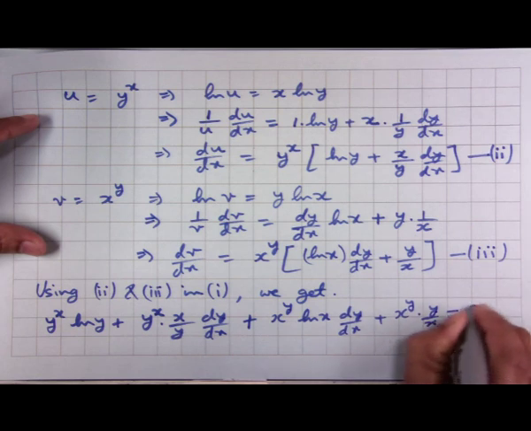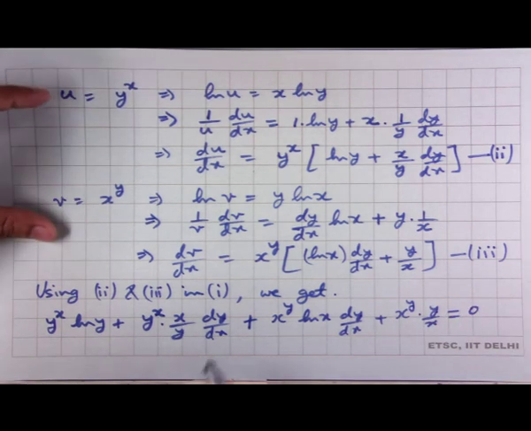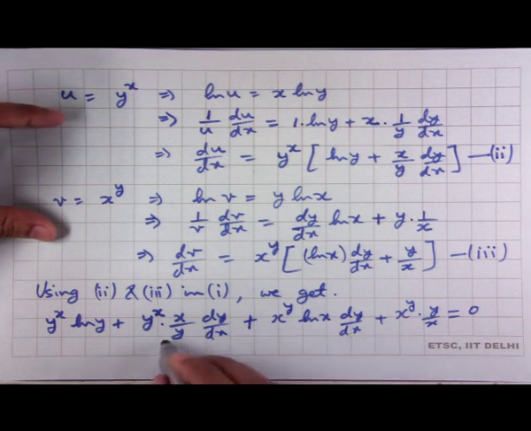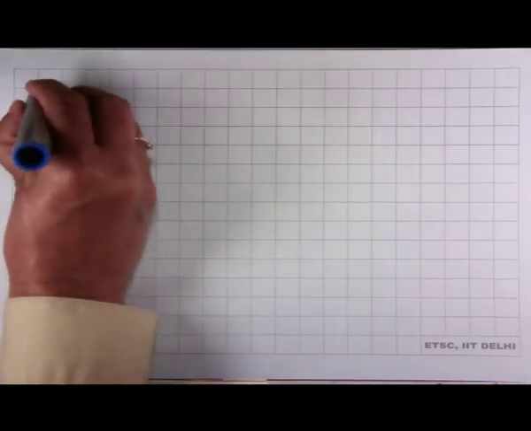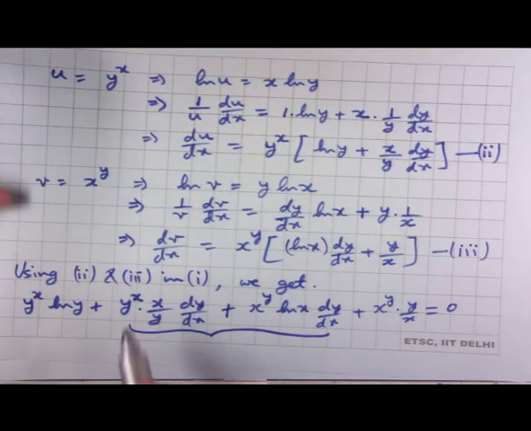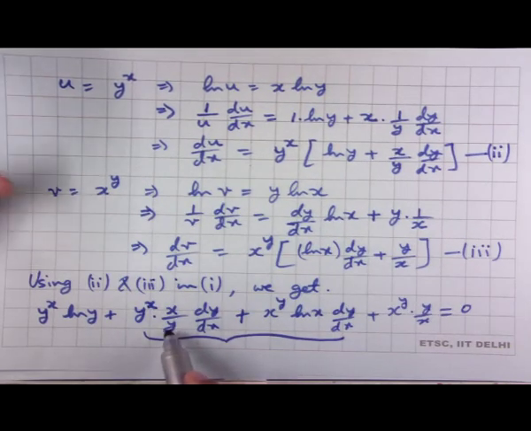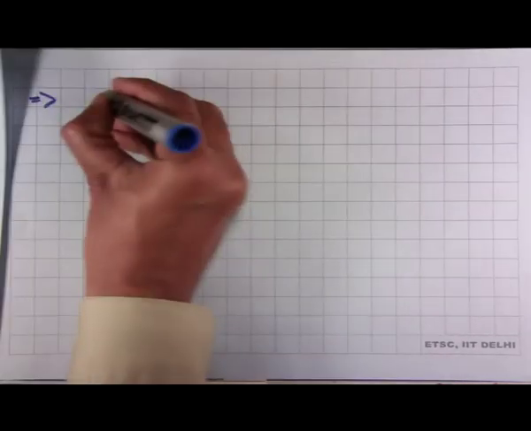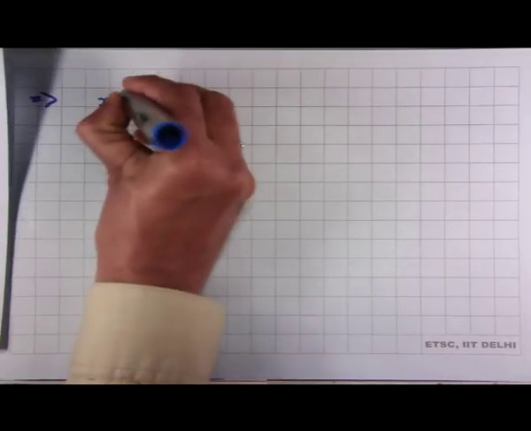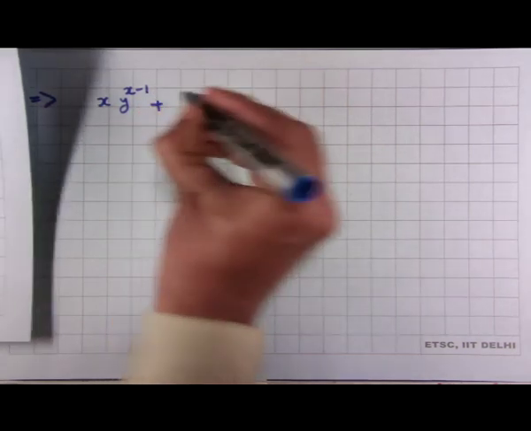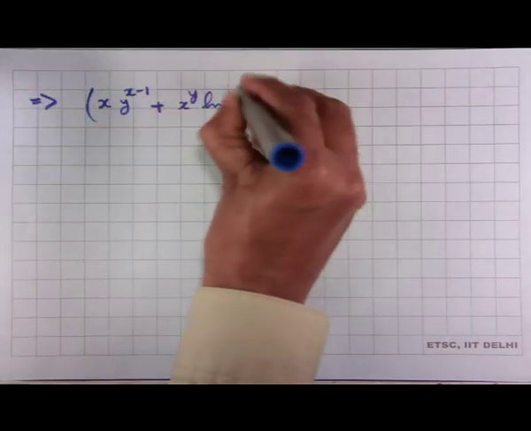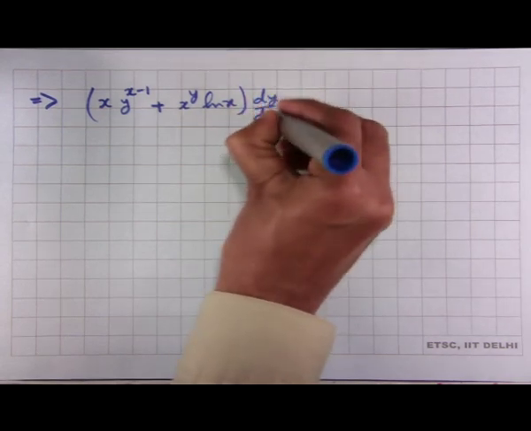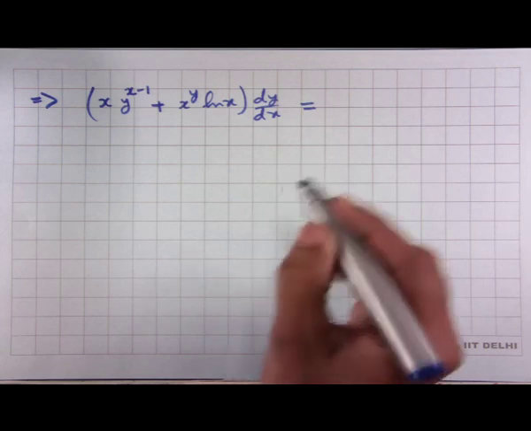This is equal to 0. Now, we want to calculate what is dy/dx. So, these two terms we can combine. This implies, and then you see we have y to the x divided by y, which can be written as y to the x minus 1. So, this is x times y to the power x minus 1 plus the other term x to the y ln x, times dy/dx. This is equal to the negative of